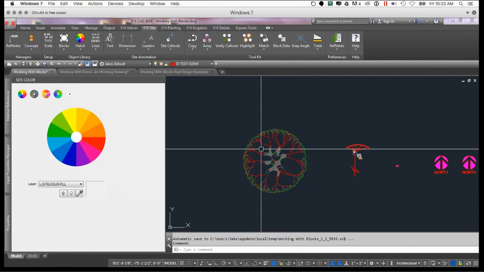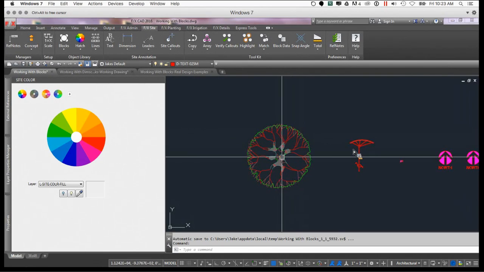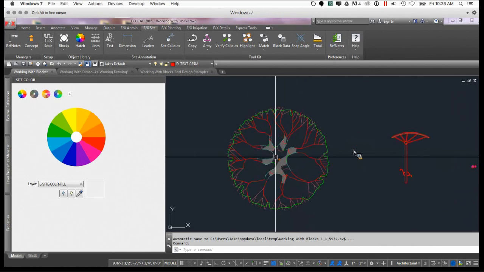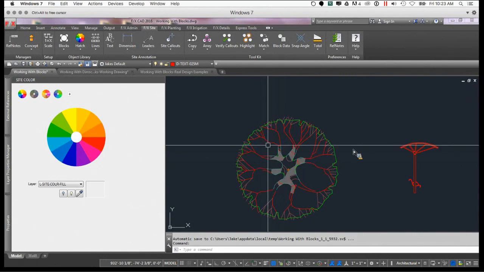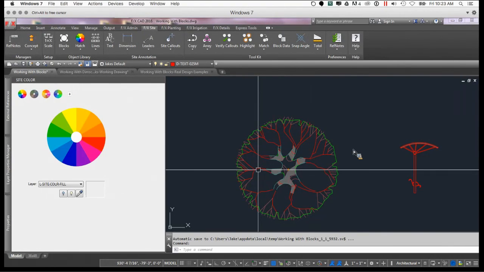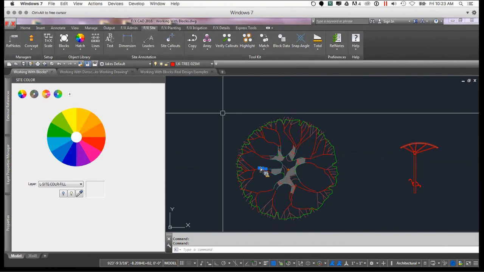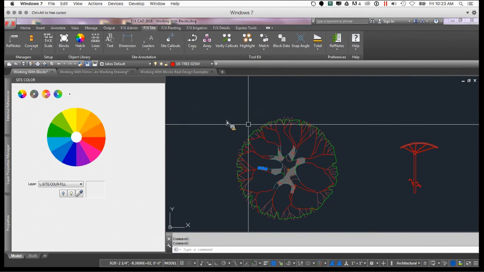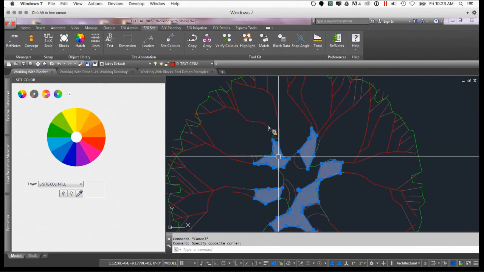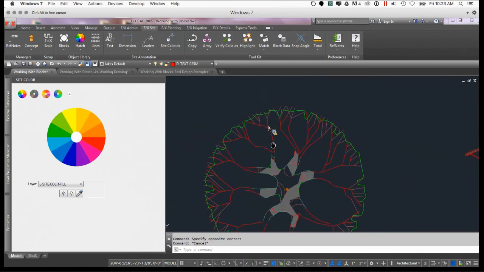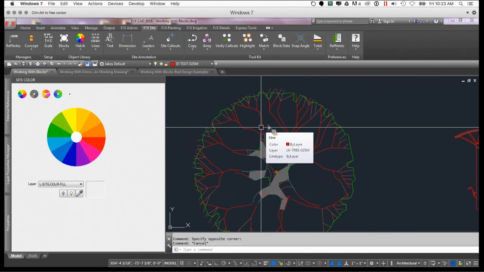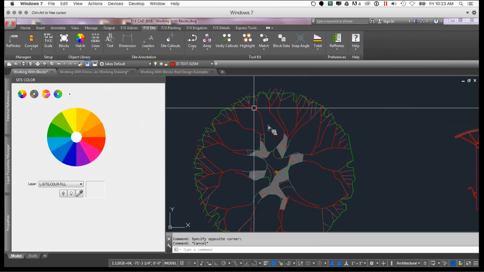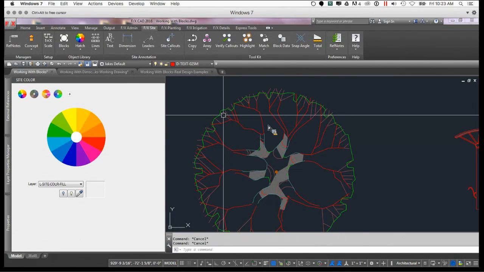So understanding obviously what's going to be in that block. For example, this tree right here, we have all of our different line work for the branches, for the canopy, for the trunk. And the reason that we've gone this detailed on the colors and the layers, you're going to see here in my layer list, is that we have these all on separate layers. And the reason that we have these all on separate layers is so that we have the flexibility as we print and we use our CTB files, that we have our different thicknesses based on color, and we have the ability to